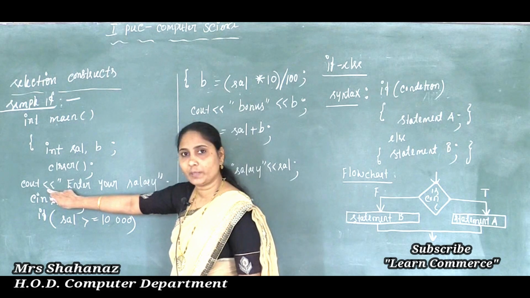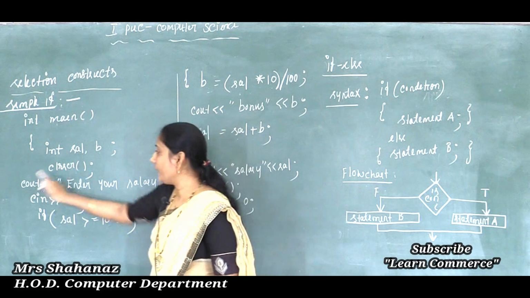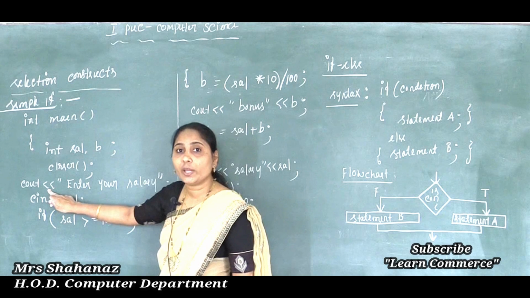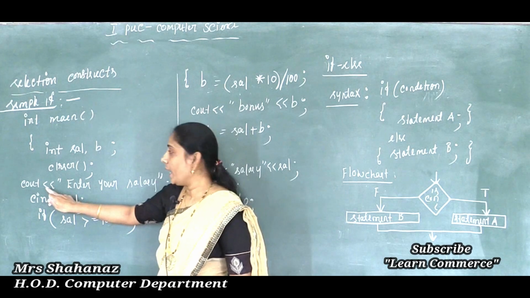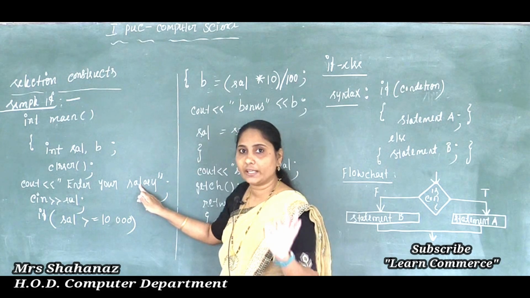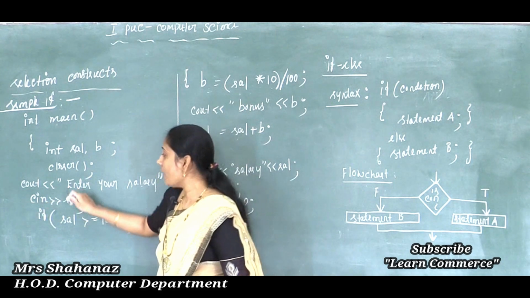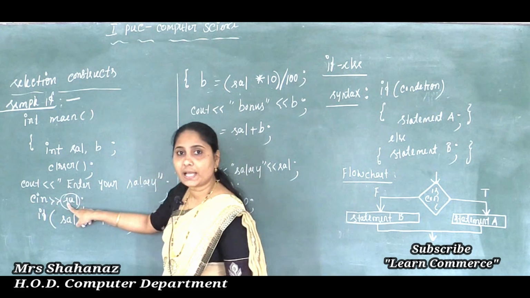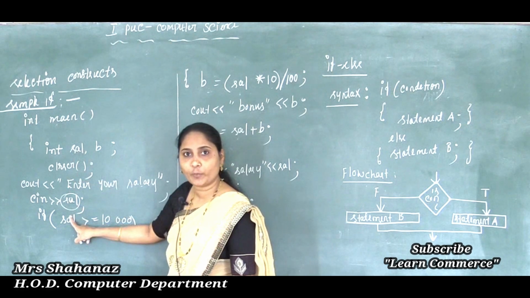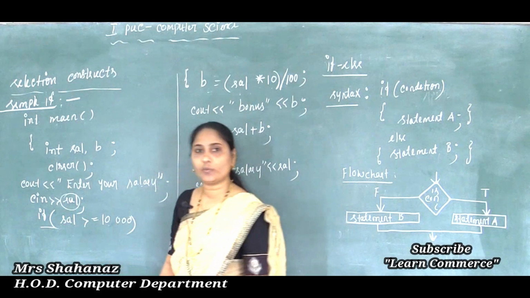The first one, whatever message you want to write, you can write by using double quotation and also by using cout here, and this operator is called the stream insertion operator. And then I want to input some value, some number or some salary, into the variable sal. So I am using cin sal. Why? Because the variable was declared as sal only. So while inputting, we need to use sal only. Clear this point?